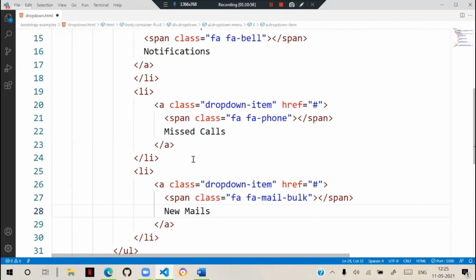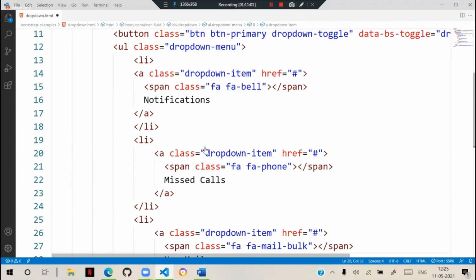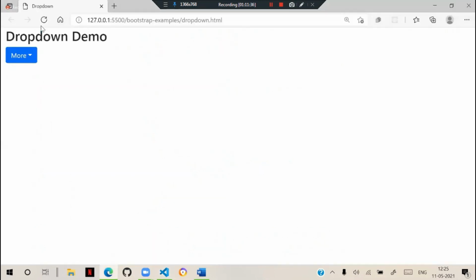And in the drop down items, one should be active. That means one item in the drop down must be kept as active, others not active. So that option is very important to configure. That means the first item, the item here, we define as active. That is the first item, active. And we have the list items for configuring this. And all are the drop down items, defined here. And we can have different items inside that, and it will display all this. And that first one is active.